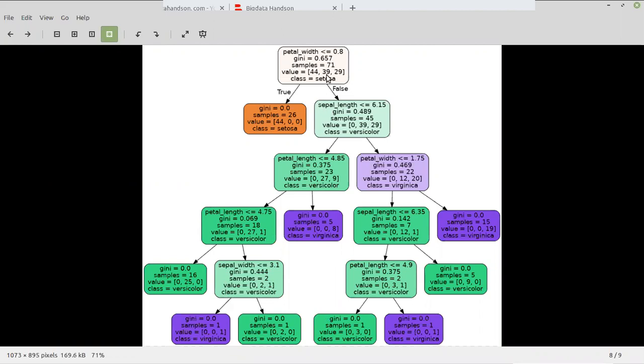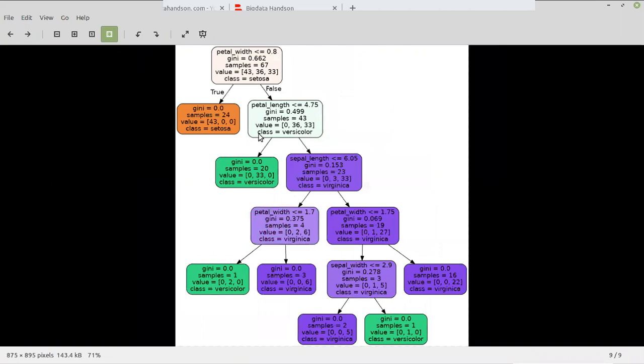It has the 4 features: petal width, sepal length, petal length, and sepal width also. It has 4 columns. Now let's see this tree. It has petal width, petal length, sepal length, and that's it. It has 3 features, right? Sepal width it has, petal width it has. Okay, it also has the 4 features.